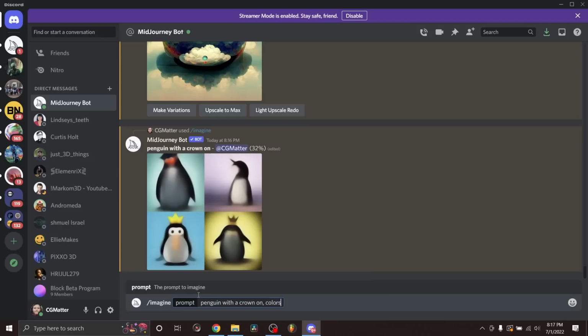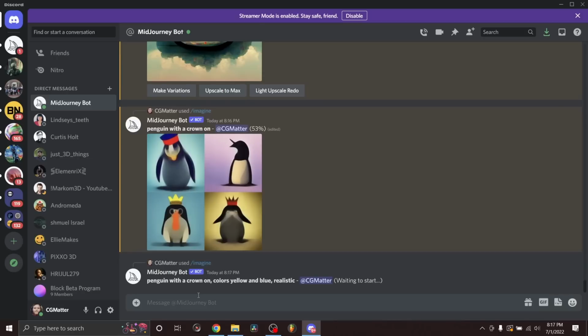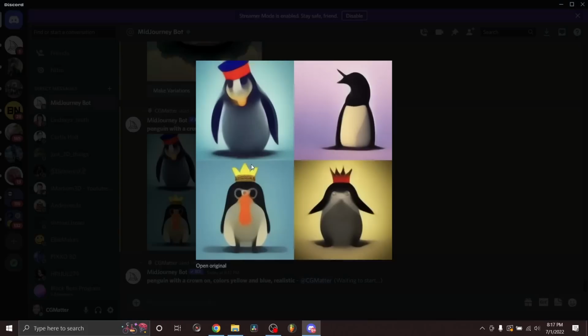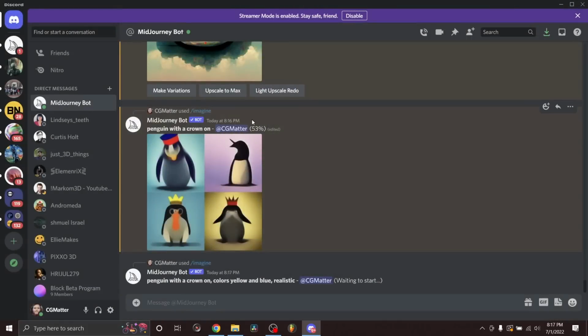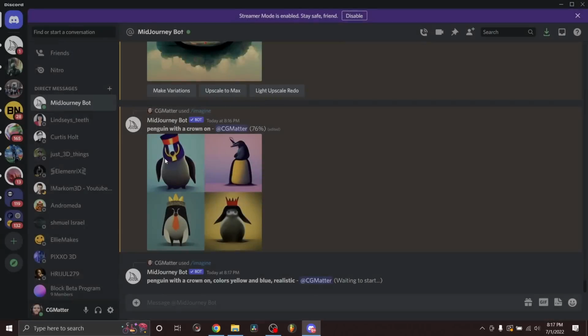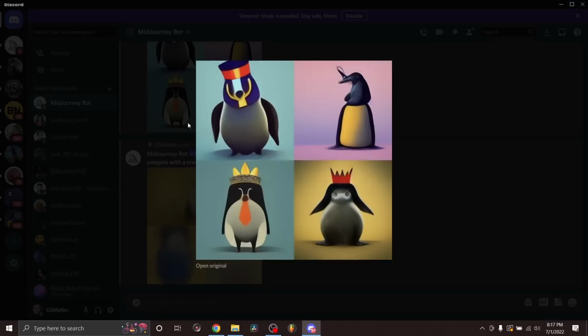colors, yellow and blue, so this should generate images like that, and let's throw in a realistic in there, and that should generate something slightly different. But you can see over at the first one, we are getting results, and every time this progresses, you can see this percentage, it's going to add more and more, or hallucinate more and more detail, and we'll talk about what we can do with this in a second. It's interesting that this one seems to be a train conductor. This one seems to be wearing a tie and going to work,